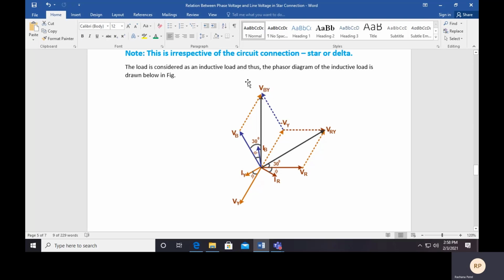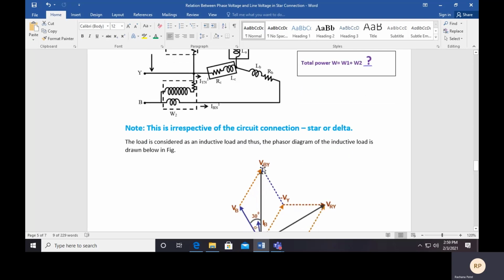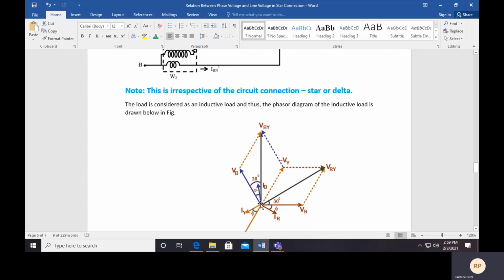Same way we can observe for another section of phasor to predict about W2 reading. Already we have discussed W2 will take cos phi as the cosine of angle between IB and VBY. So this is VBY and this is IB. It means very easy to say the total angle considered by W2 is 30 minus phi. This is 30 plus phi and this is 30 minus phi.